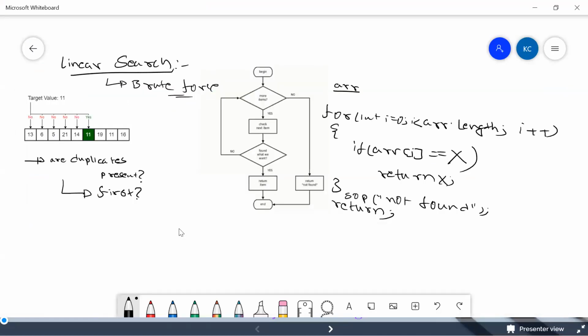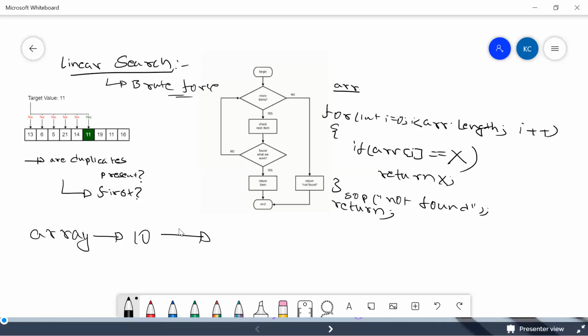This is an iterative technique, guys. When it is an iterative technique, it's very simple, right? You have to calculate the number of steps in the worst case. For example, let's say my array is of size 10, and in the worst case, I have to search all my 10 elements.